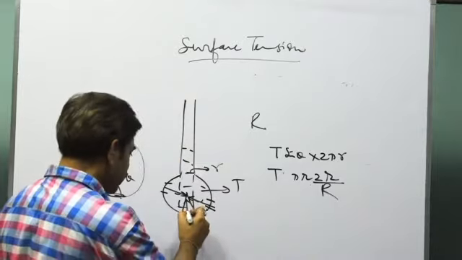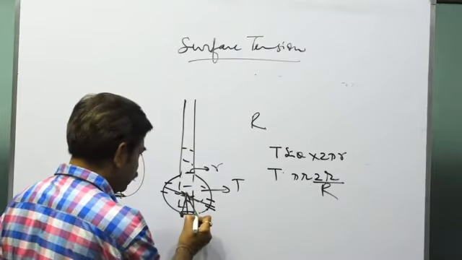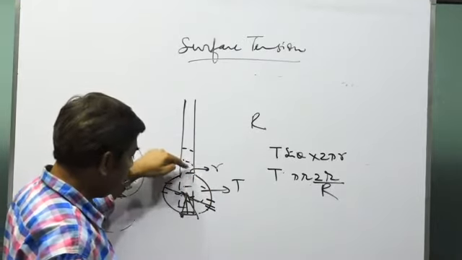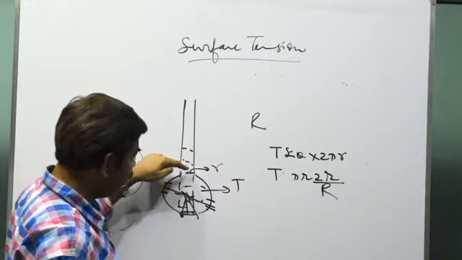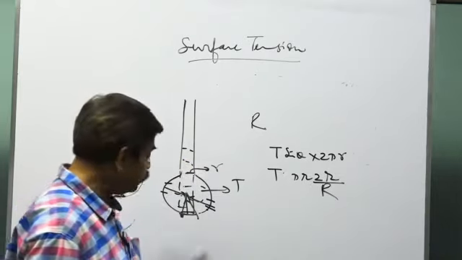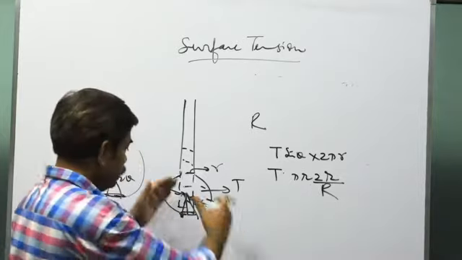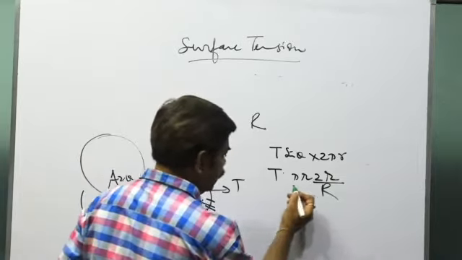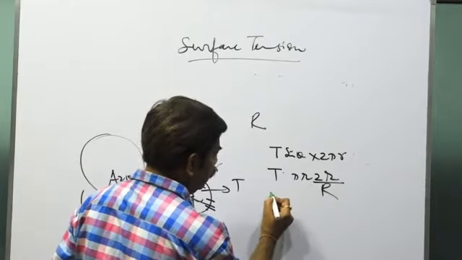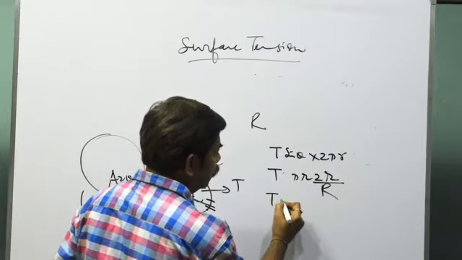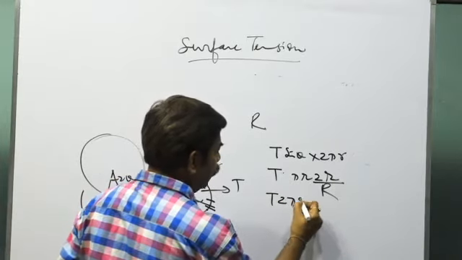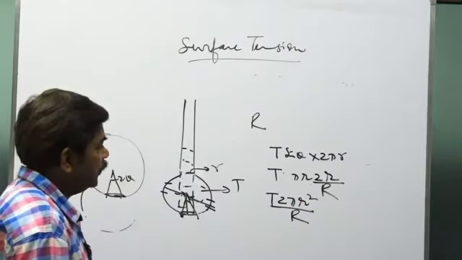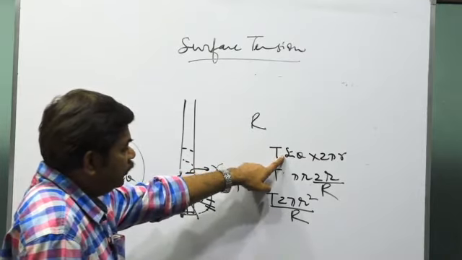This force will be acting in the upward direction because of this surface. But because here we don't have any surface, here we have the liquid in continuity, the force will not be acting here in the downward direction. So this becomes an imbalanced force, an external imbalanced force acting on it, and that force is equal to T into 2 pi r square upon capital R. Is that clear? There is a force this much. I have kept the value of sine theta as theta.